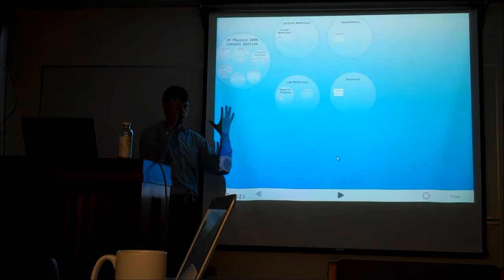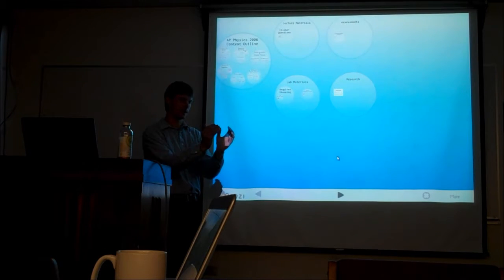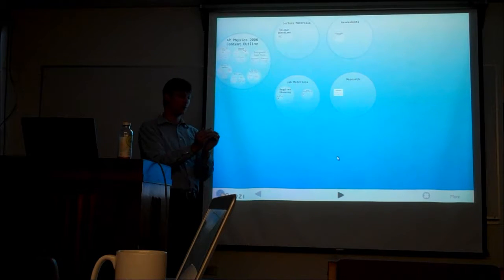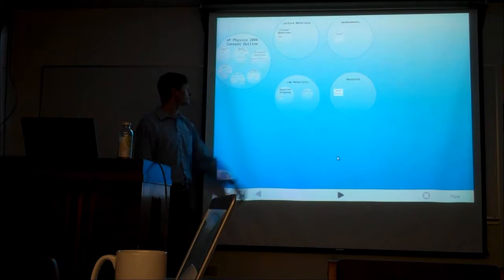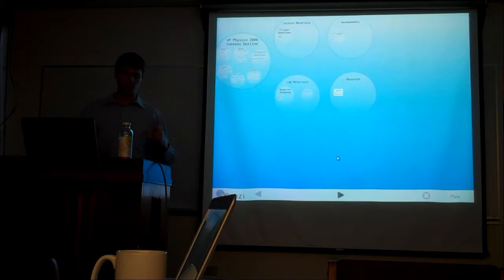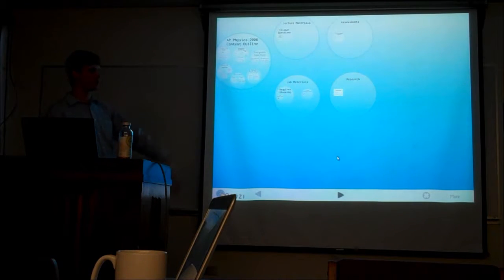So you're just zooming in on your nuclear physics and you're like, all right, well here I am at the Bohr model. I have to include this in my course, but I don't really know anything about it. What's out there? Click your button for research. You can see research, you can review the research. You don't have to go out there and pawn through a whole bunch of different random websites to find something